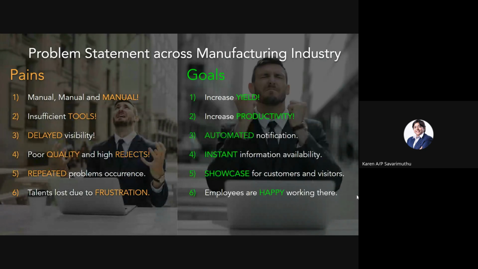Okay. When you go into manufacturing, you need to understand, first thing, you need to have their problem statements across any manufacturing industry. So you must understand what their pains are. So number one, a lot of manufacturers have manual processes. They always have manual, manual, and manual. How do we actually turn them into